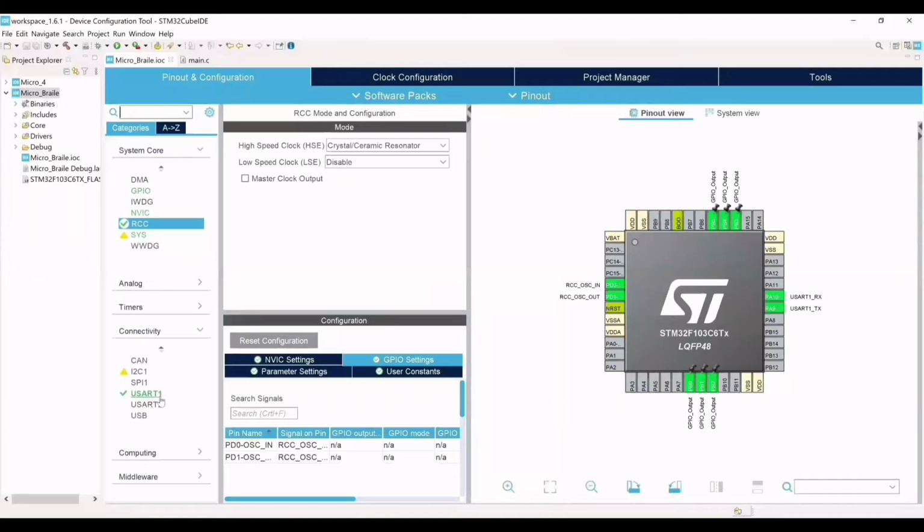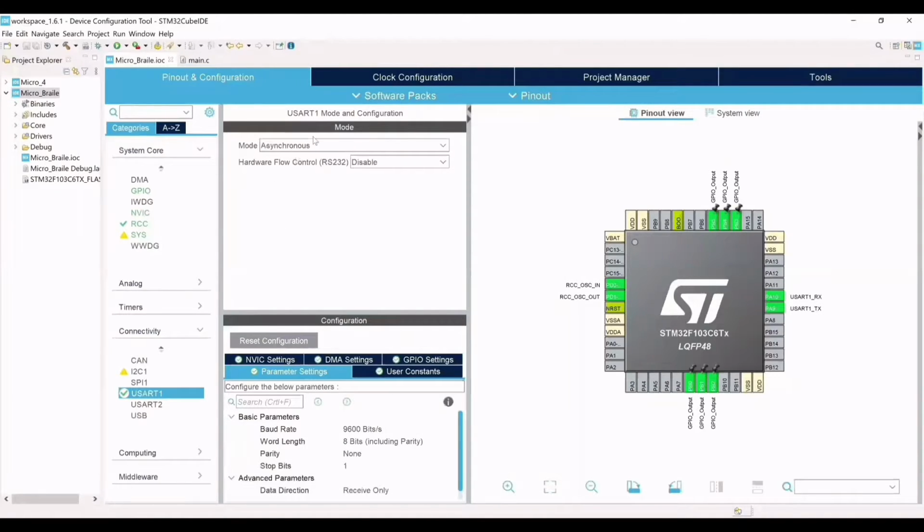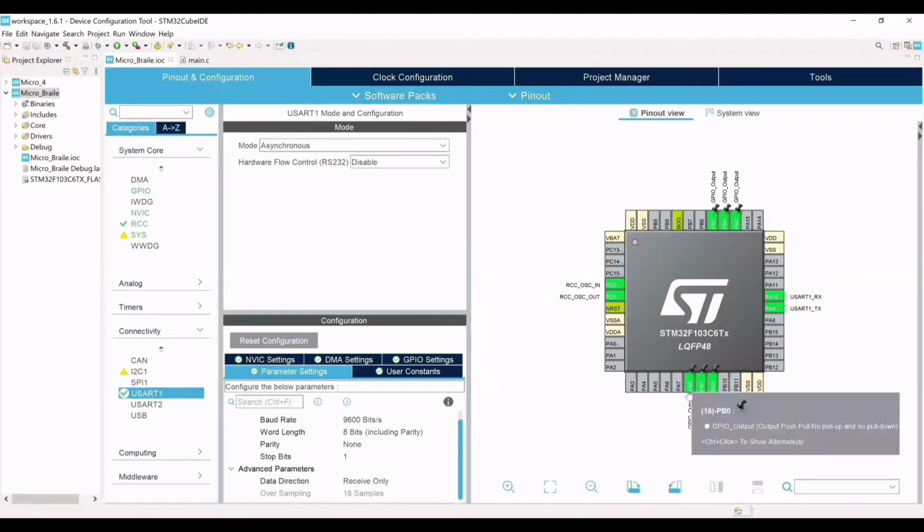After that, we move to the connectivity settings and choose USART1, which is a universal synchronous asynchronous receiver transmitter, and make the mode asynchronous. Also in the parameter settings, we have to change the baud rate to 9600 bits per second and the data direction to receive only, as on PA10 we only need to receive the serial data that comes from the HC05 or HC06 Bluetooth. After that, we choose the PB0 to PB5 pins as our GPIO output, which will actually light up the LEDs. After proper configuration, we generated the code from the code generator and made necessary changes in accordance to our system requirement.